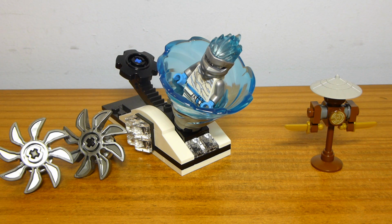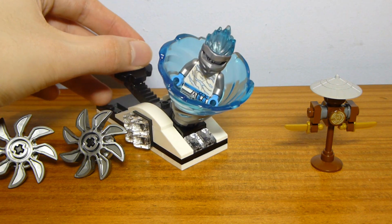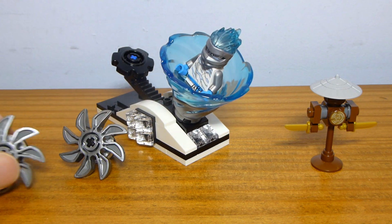And the side builds in this one, of all of the Forbidden Spinjitzu sets, the side builds are pretty decent. These are kind of cool to spin up. I feel like these would be a whole lot more fun if you had multiple of these bases, which would involve you getting a couple other of the slam sets. But I feel like if you could have one person spin off the figure here, I just don't think